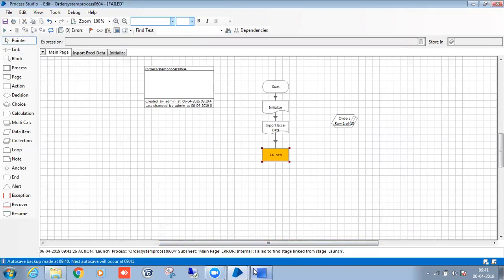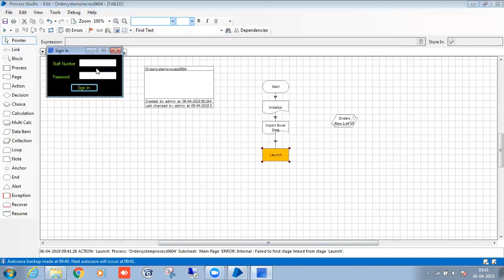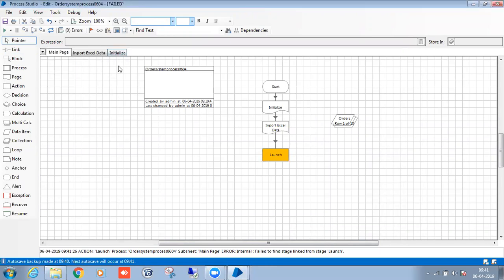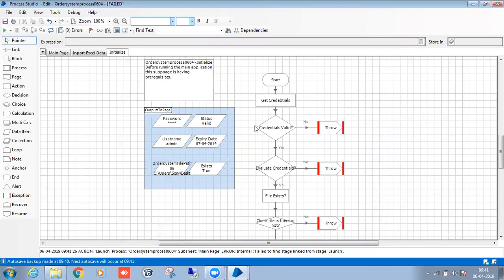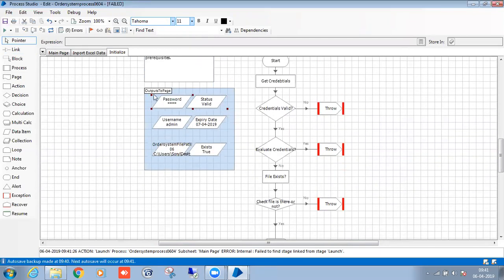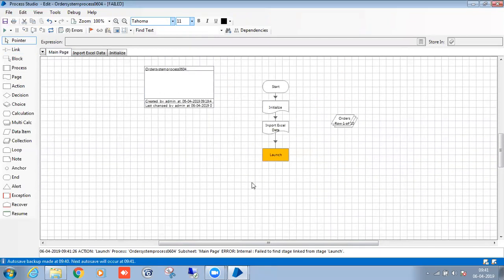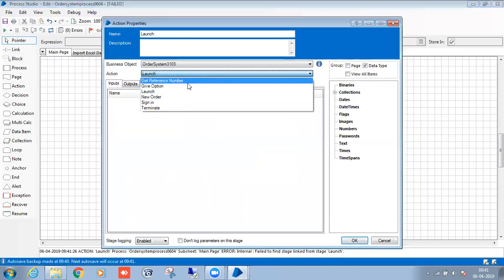right? After launching, we have to provide the credentials, username and password, right? The username and password are in the initialize page. So I require these values, because in the main page I need to pass them to my login page. Go for the sign in.